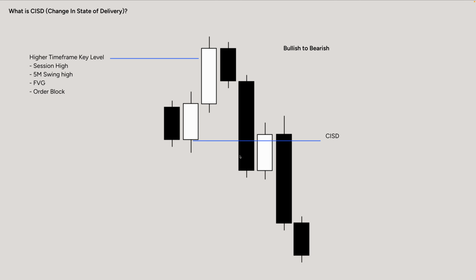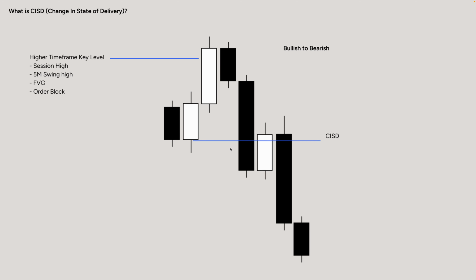It can be like this, where it's quite substantially below. But you'll see in some of the examples, a candle can also close just below with its body. That's also okay, as long as it closes with its body below the CISD line. If you only have a wick, but not a candle body closure, you wait. Because the CISD is such a strong confirmation model, if you only have a wick and price cannot close below